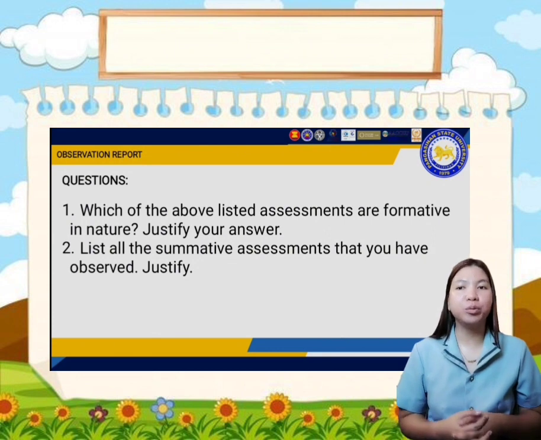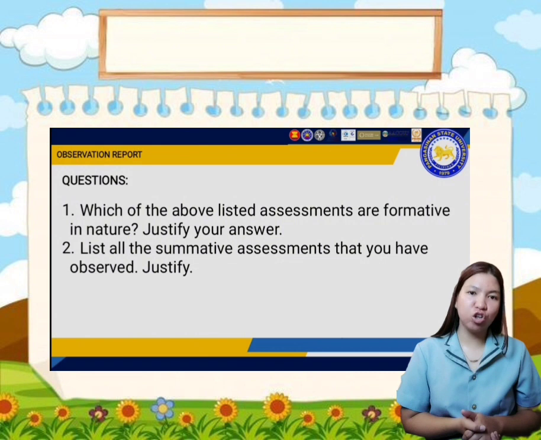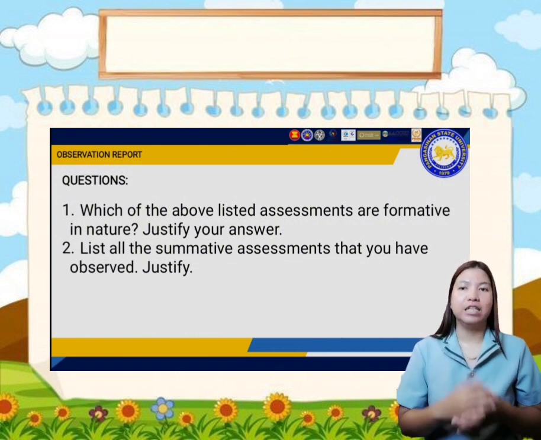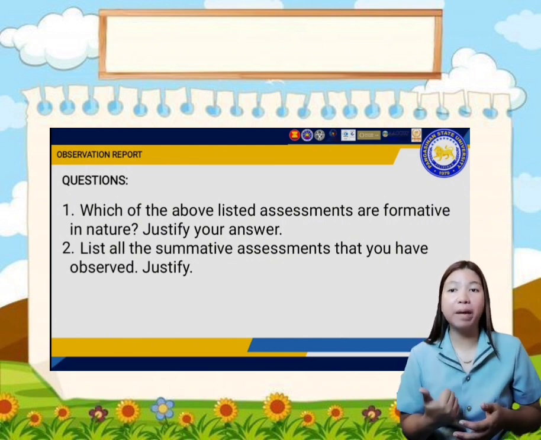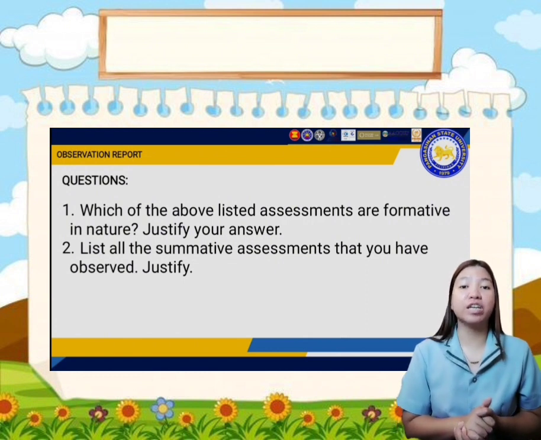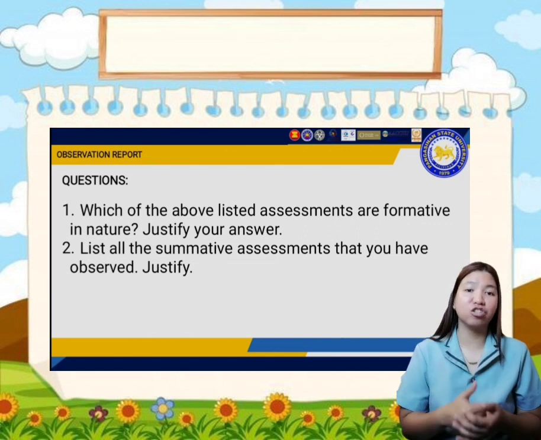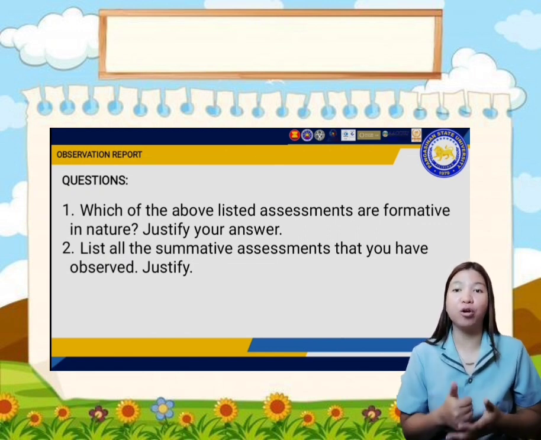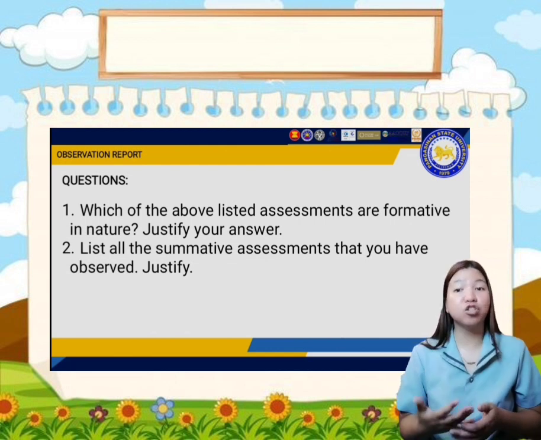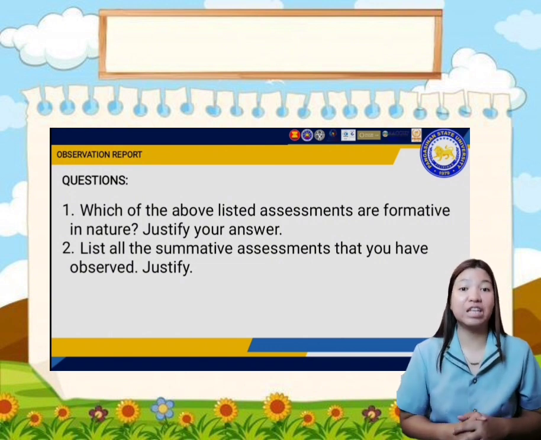Here, learners will apply what they have learned. For instance, after the lesson, the teacher will give an activity, a performance task. The teacher will ask learners to do a role play about the action of animals. Through summative assessment, teachers can evaluate the pupils' learning to know if they really understand the lesson, to check whether the progress observed during formative assessment is retained or not, and also to assess if the strategy used by the educator is effective or not.